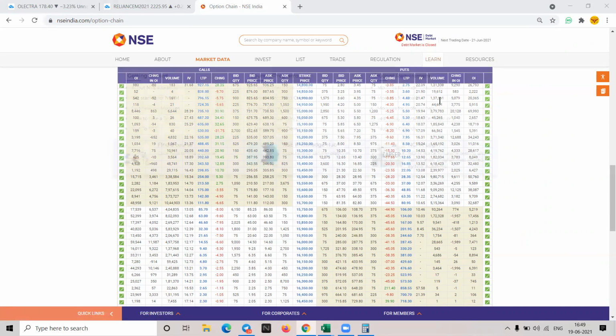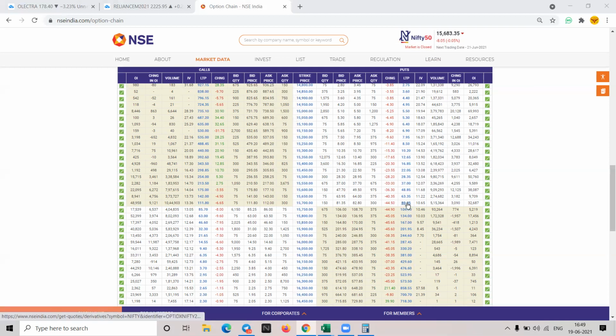There is the opposite also, which is known as a put contract. If you are bearish on the market, you buy a put contract, and if the strike price is this, the last traded price is 80. So if the market is falling, the price of a put contract will increase, and if the Nifty is going upward, the value of this will decrease. Is this clear? Yes, sir. Any doubt, please ask me. This is a little difficult for those who are not familiar with options, but if you study this carefully, you will get an idea. Not a very difficult thing.